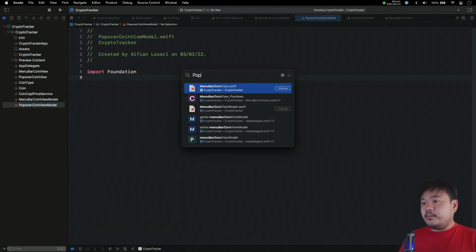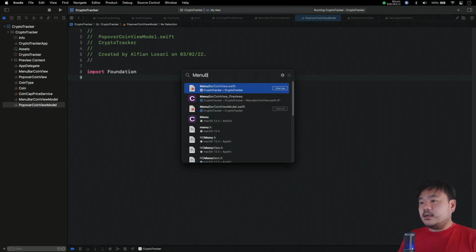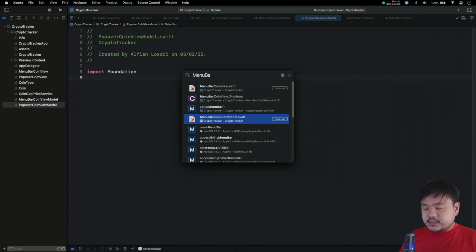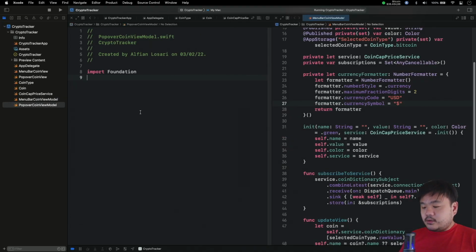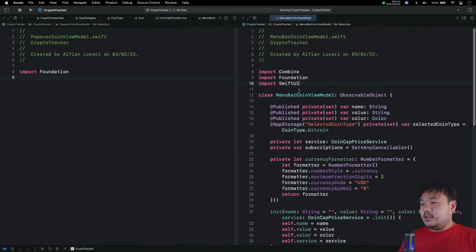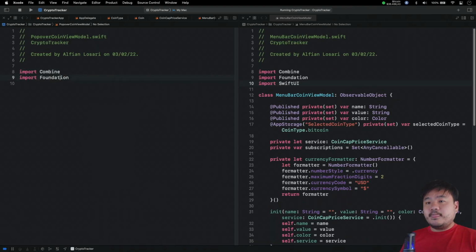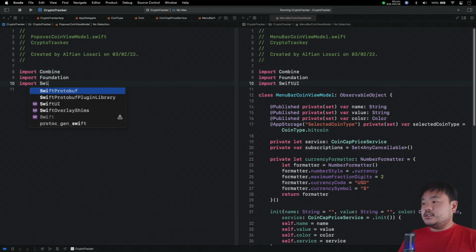Let me open PopoverCoinViewModel and MenuBarCoinViewModel side by side. There is some code that I can copy in here. Okay, let's also import Combine, import SwiftUI,